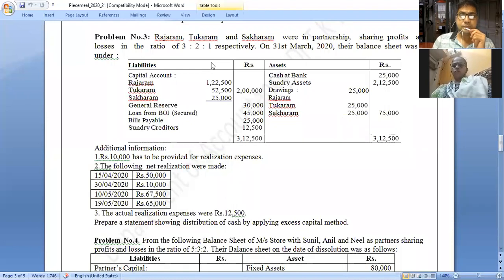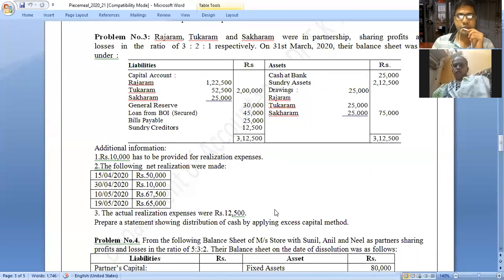Now, then after that, what kind of liability is there? What kind of capital is there? How much amount of cash balance is there? That we have to consider. First of all, we have to find out the final excess capital. See, I already prepared the final excess capital statement in our Excel. Now we will discuss the same.